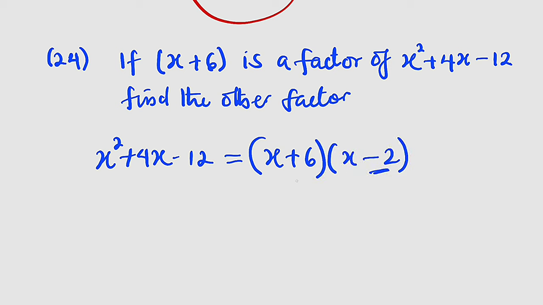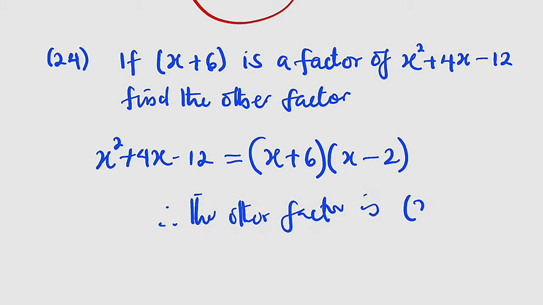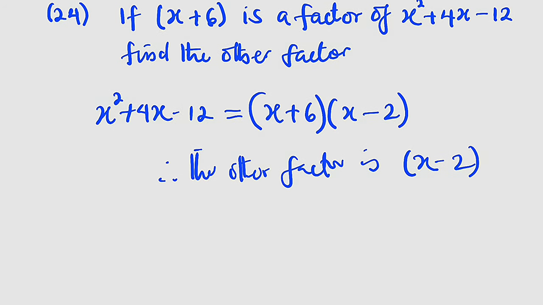Because the moment you take negative 2, you multiply by 6, that will give you negative 12. And once you add them together, you're going to get 4. And hence, since this is given to us, the other factor we are looking for is x minus 2. But in case of theory questions, what they want you to do here is to carry